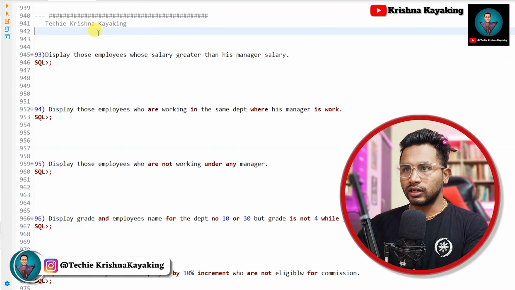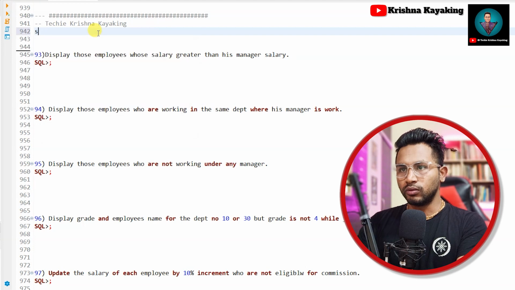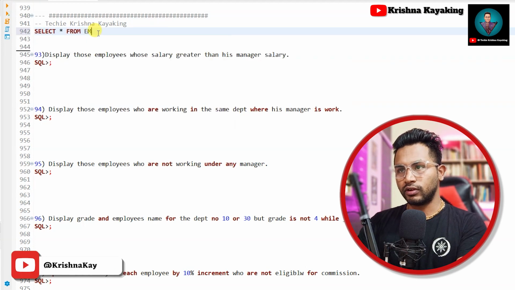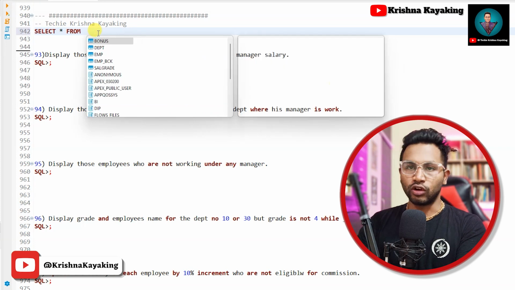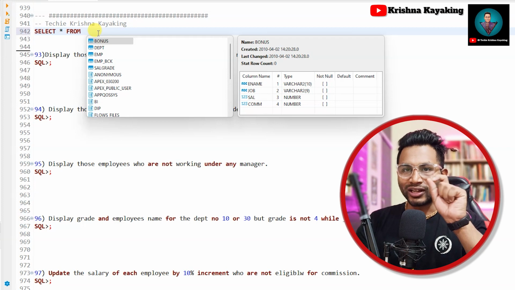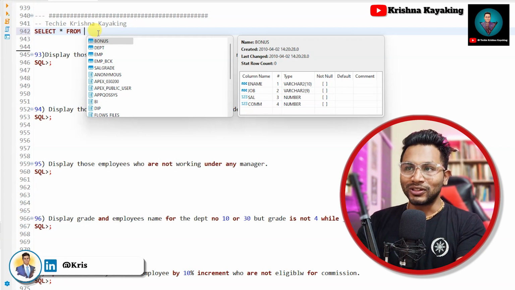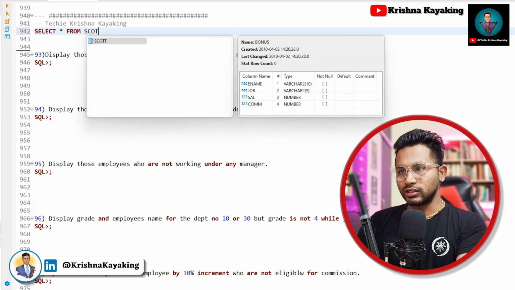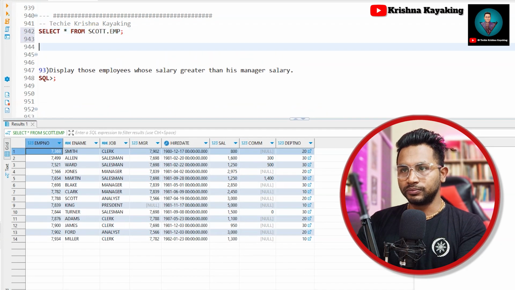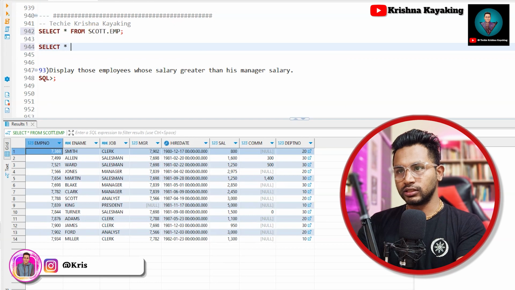So before I start, let me explain that we are mostly working on three tables. Select star from EMP. This is the EMP table, but I have already explained. I always repeat that you have to mention the database name, dot the schema name, and then dot the table name. So here it is scott.emp. This is the employee table, and then select star from